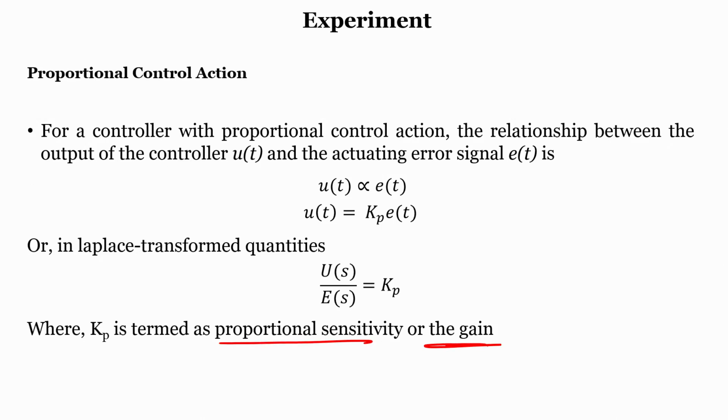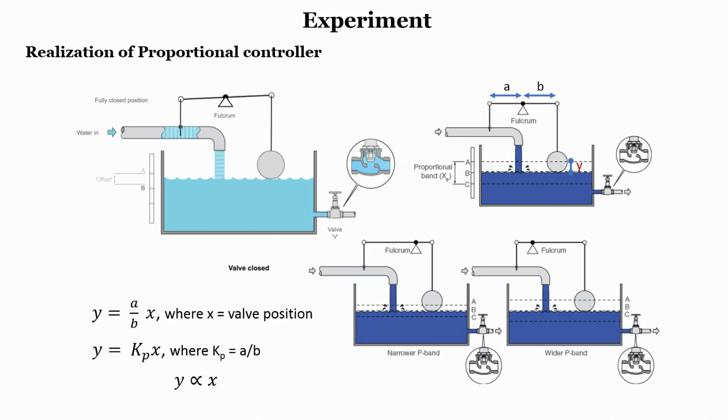So, we can say a proportional term where we use KP ET. Okay. Now, you see this, in which we have a realization of a proportional controller, right. You can see that there is a fulcrum, and as soon as you open the valve, the water goes down and the fulcrum moves this side, helping the water to fill the tank, right. So, this is the kind of proportional controller.